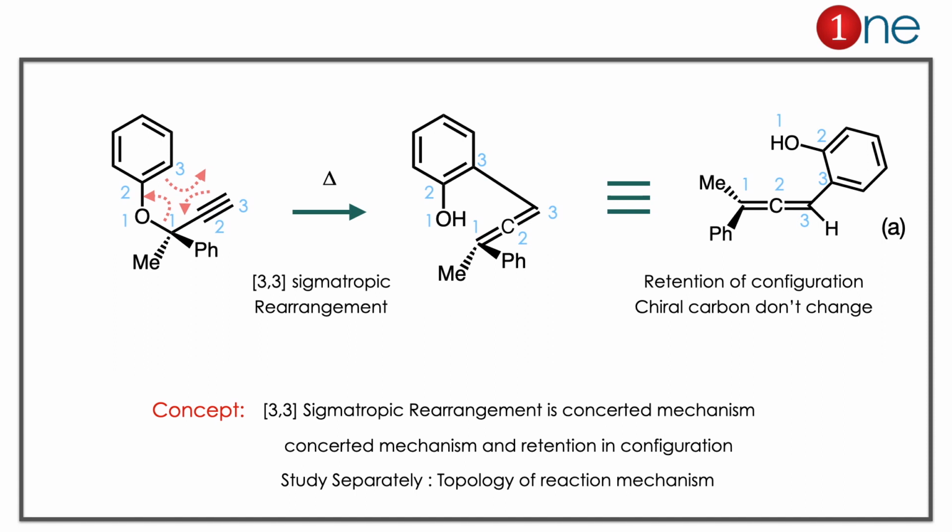The starting material has an ether and it is perfect for a 3,3 sigmatropic rearrangement. So if you redraw the cyclic movement of electrons, you have new bond formation between 3,3 and bond breaking between 1,1. If you redraw nicely, you have the answer A. Here the mechanism is concerted, the chiral carbon doesn't change during the reaction, so the answer is clearly A.